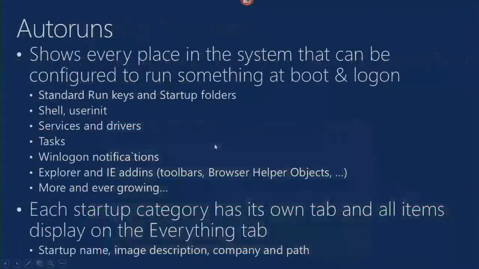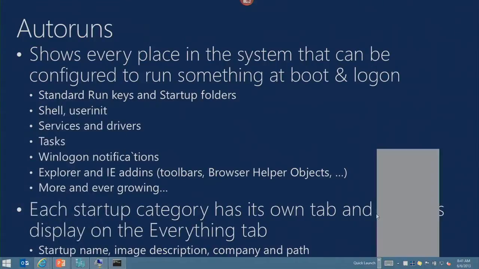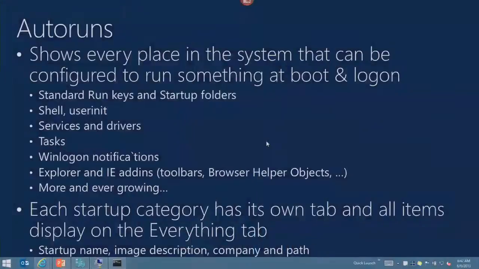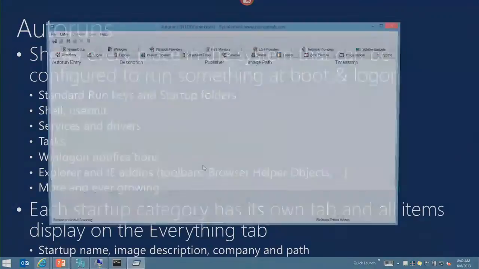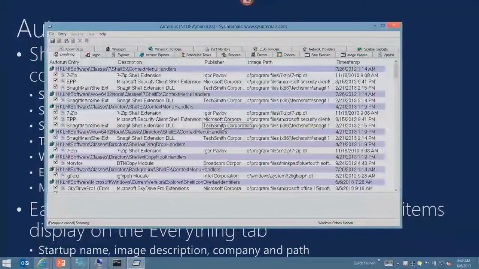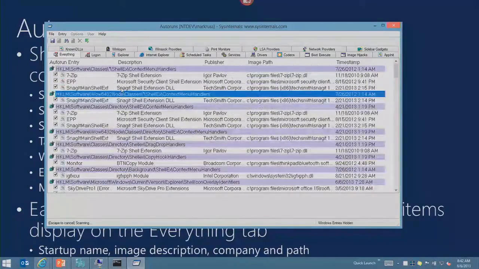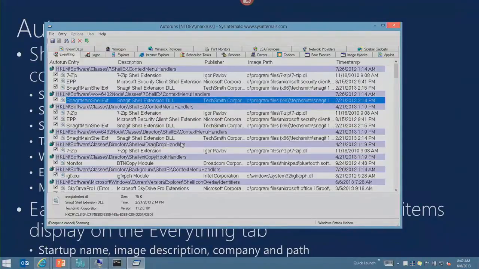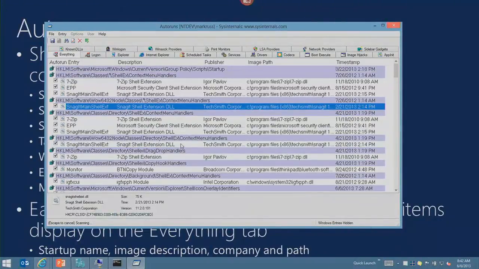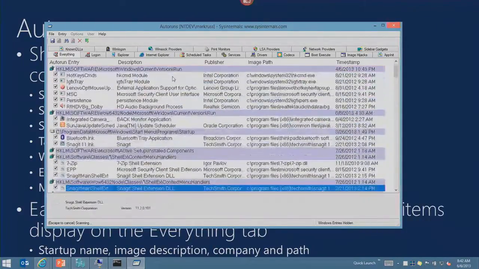What I'm going to do is use a different tool called Autoruns. And this is another Sysinternals tool. Let's run Autoruns. And by default, it's going to scan my entire system and show me all the files that are configured to auto-start or load inside of processes like Explorer or Internet Explorer or Windows Media Player or whatever the modern one's called. And this is going to take a while because it's actually reaching out to group policy settings, scripts that are on Microsoft's CorpNet, and I'm not connected to the CorpNet right now, so you can see here's one,